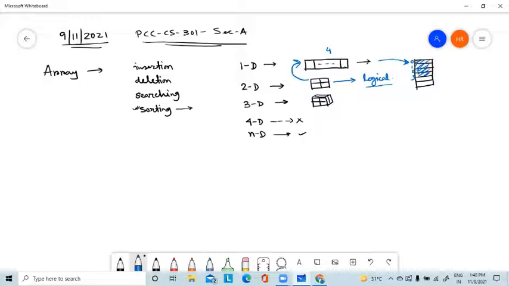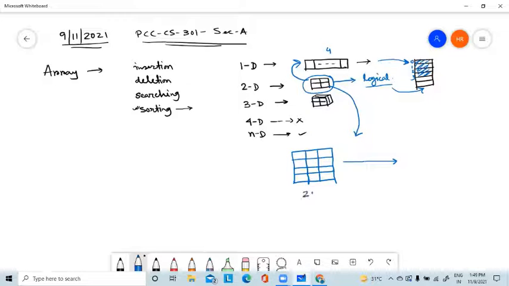So logically we can think that 2D is like this, but physically it will ultimately be a 1D array. Now the question is how this 2D array will be converted to a 1D array. There are two different concepts used in different programming languages for converting a 2D array into a form of 1D array.